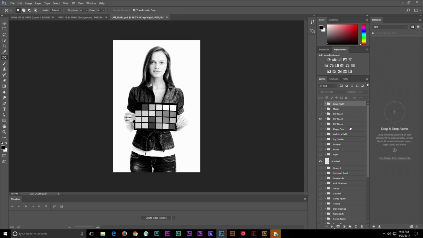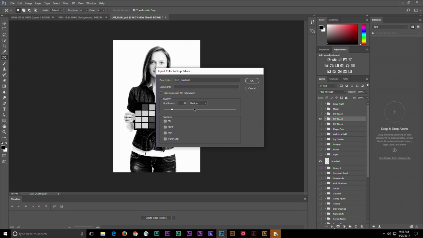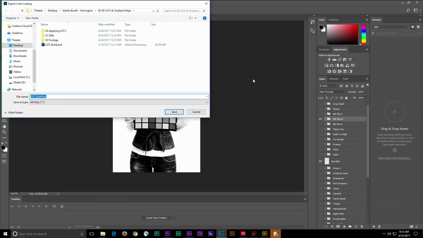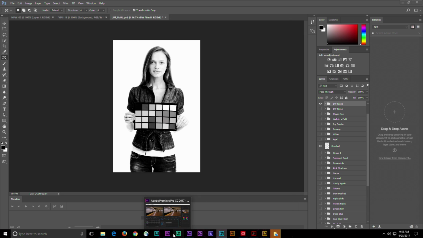So if I come up with a black and white film look that I like, File, Export, Color Lookup Table. There it is. We'll call that BW Film 1. Save it to the desktop for now. There we go. And now back in Premiere Pro or After Effects,